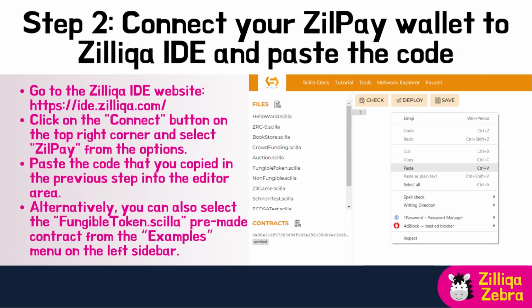Step 2. Connect your ZilPay wallet to the Zilliqa IDE and paste the code. The next step is to connect your ZilPay wallet to Zilliqa IDE and paste the code that you copied in the previous step. Zilliqa IDE is an online tool that allows you to write, check, and deploy smart contracts on the Zilliqa blockchain. You can access it here,